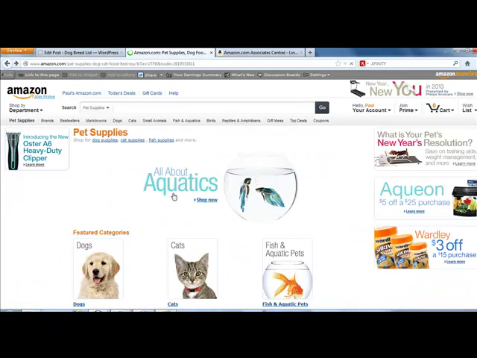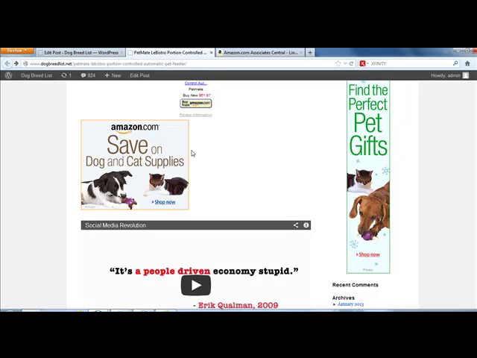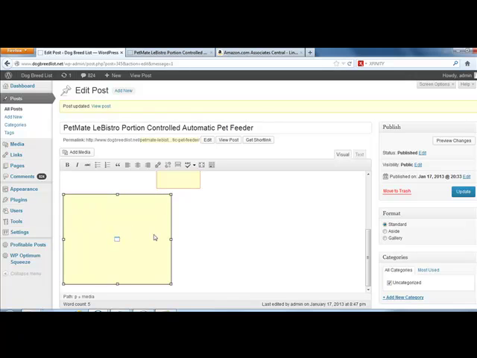The only thing we didn't like is, let's say it's not centered. In order to make it centered, all you have to do is come back over here. You can see the little image window right there. It'll typically come up with a colored box, like a pink or a light brown, tan colored box. And up here, just like in Microsoft Word, we can align left, center, or right justify. We're just going to center that, go back to update,